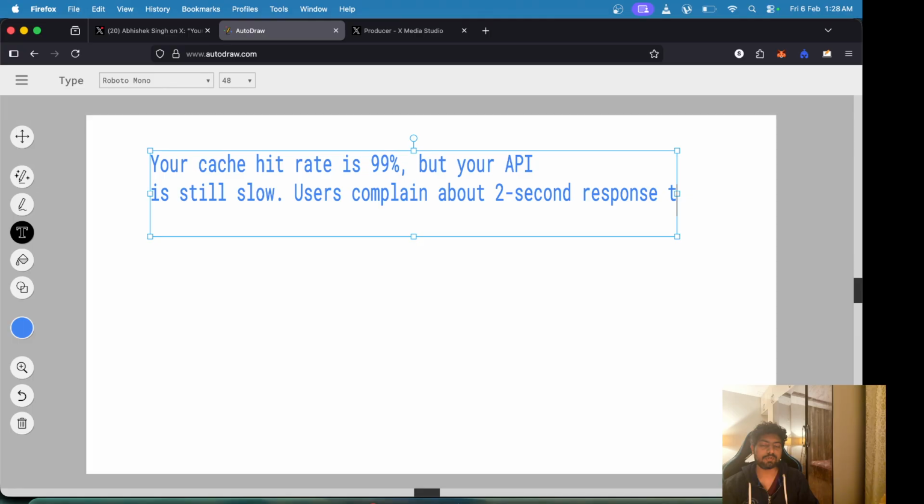And obviously we don't want our cache to be present for a longer duration of time, because here the database is our source of truth. So if there is some item, let's say there are Nike shoes and there are 100 pairs available, what we want is that we want that data to be in Redis first of all, because we can't keep on fetching the data from the database.